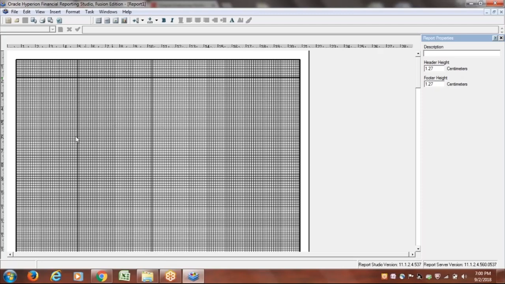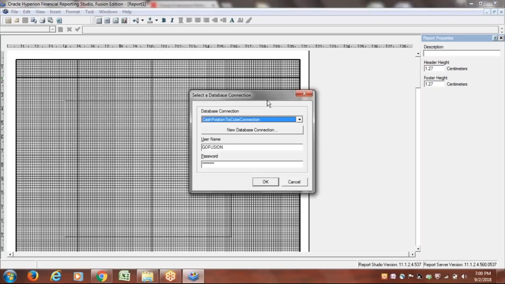Now we have to insert the grid into this. So just select this report definition. Once you click on report, it will create this environment. Just click on that, then go to insert and say grid. Click on grid, and the grid you have to place here. So drag